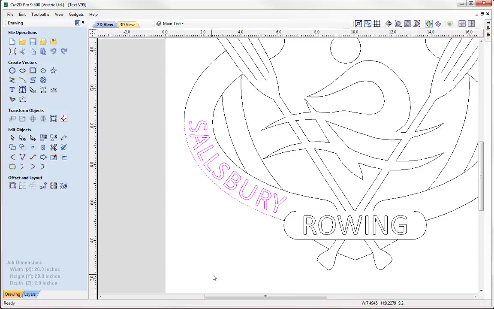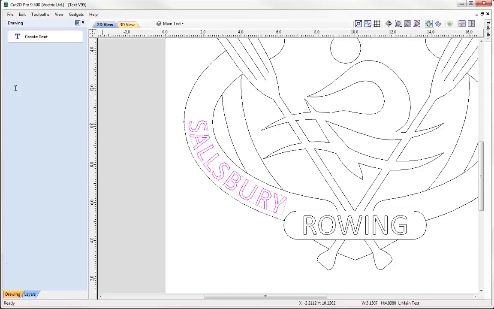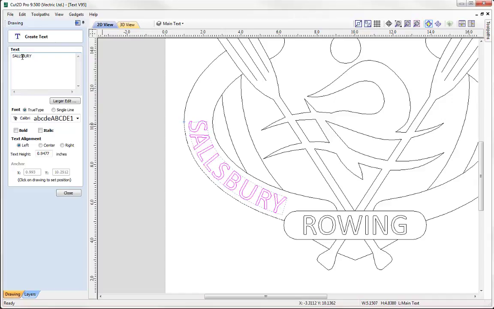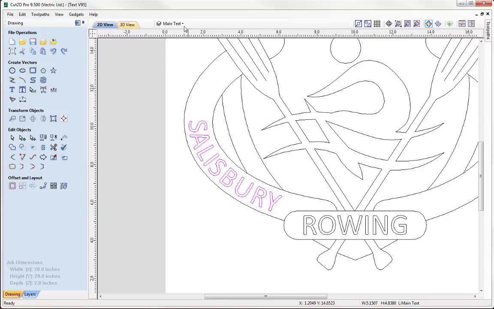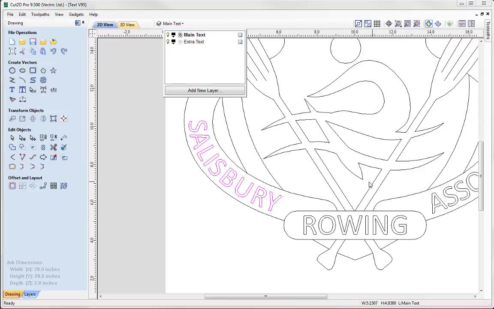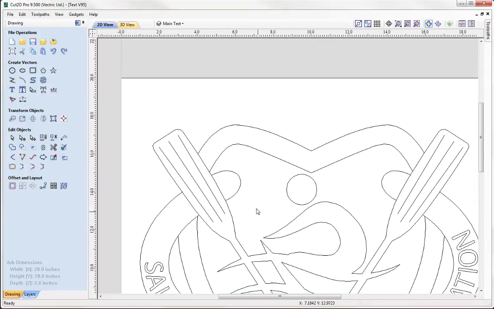Close that out. And just like I did with version 9, I've suddenly realized that I've spelt it incorrectly. So I'm going to come back in now to the text form and just change that L to an I, and that's kept the spacing, and it's just replaced the L with an I. So that is perfect. That saved me a hell of a lot of time. So I'm just going to close out that form. We'll switch on the other text the other side for association,